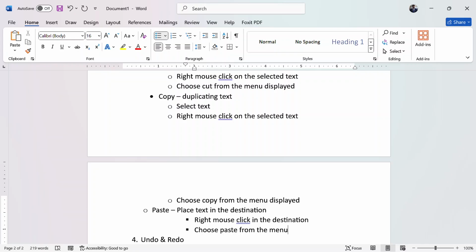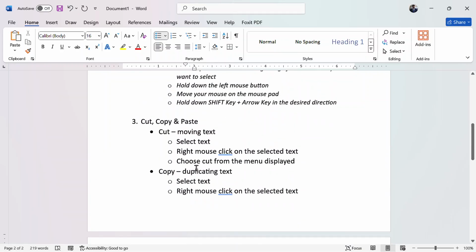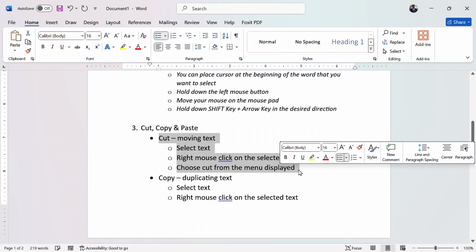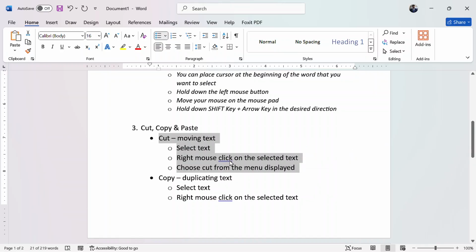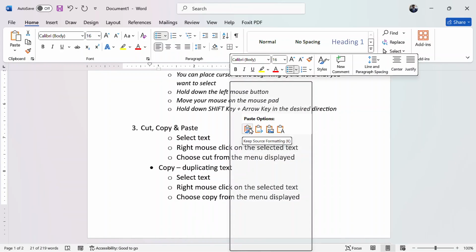Now paste has a lot of things that you can actually work with. For example, when I select text like this and then I right click, you definitely see there is cut, copy, and paste options.